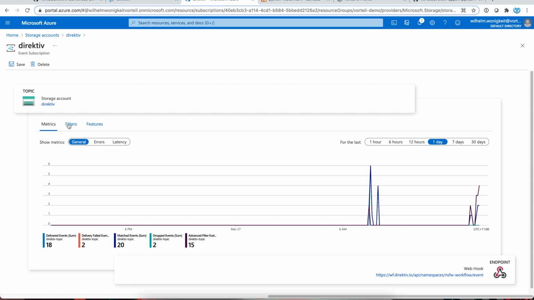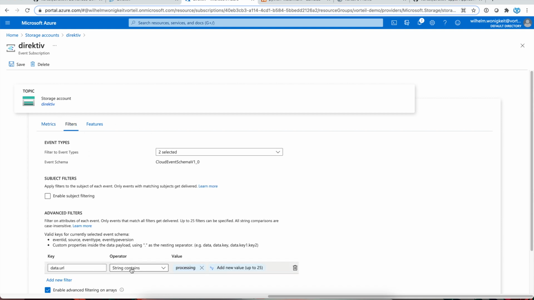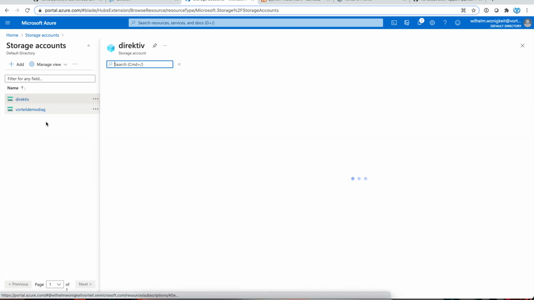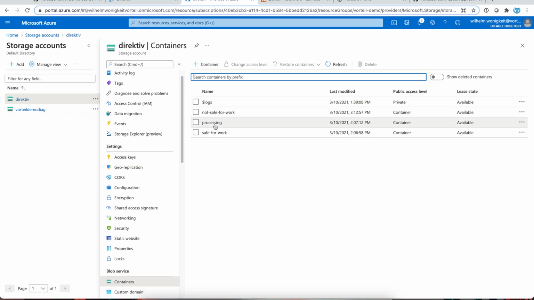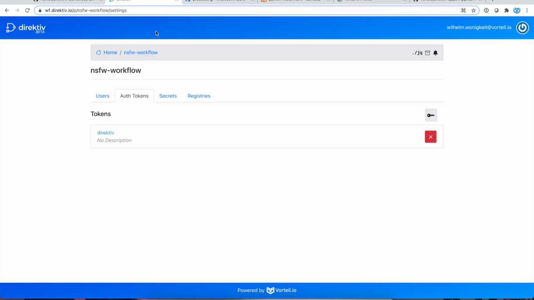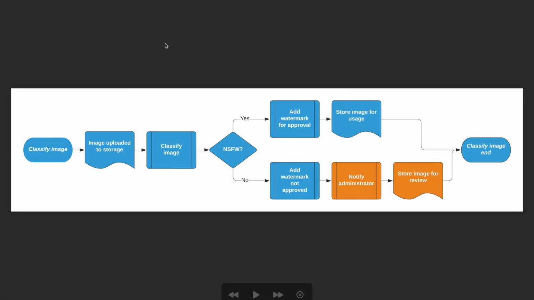We also did set a filter to only send an event that's created in the processing container. So there's 3 containers that were created. If we look at this, so not safe for work, processing, safe for work. Processing is where we put it in, and then it'll either be put in safe for work or not safe for work. So if we look at the workflow,